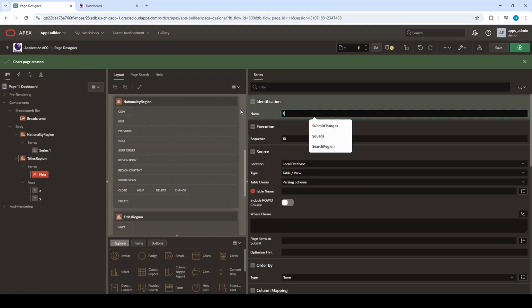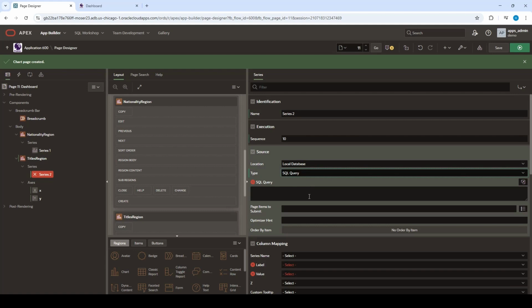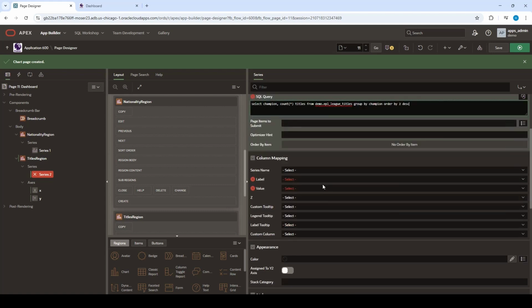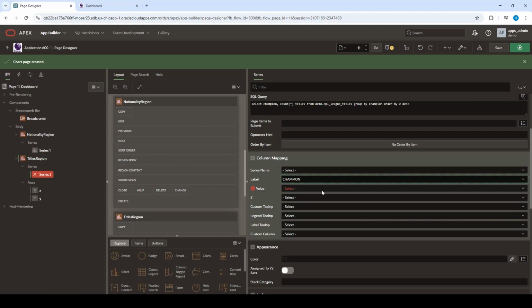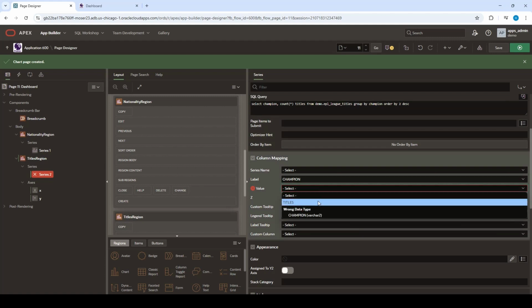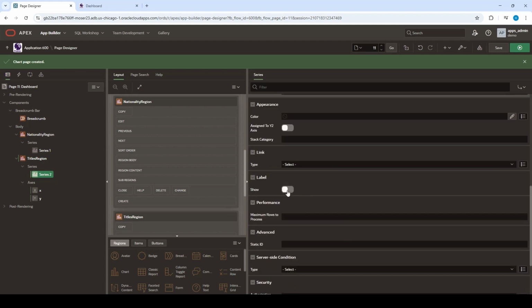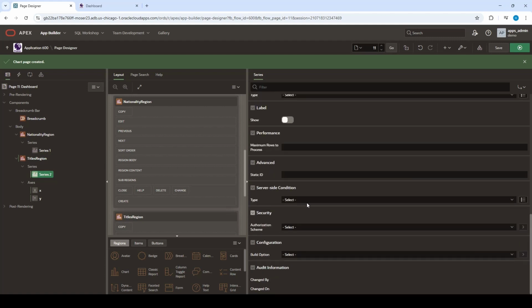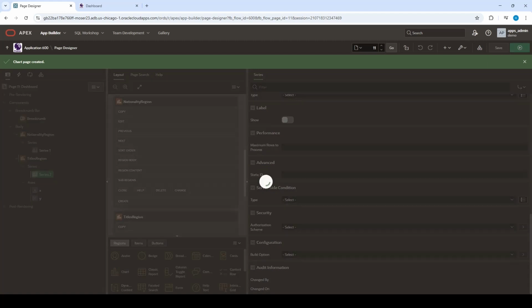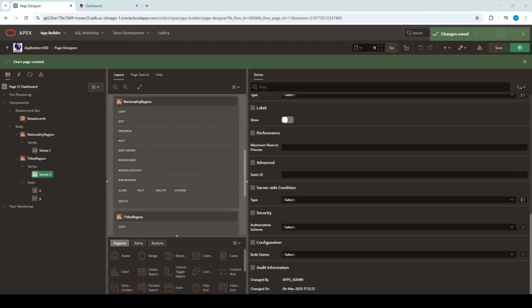And then for the series level, we'll drop the query in here. And so there we go. And then likewise, we'll create a third region just for grins,